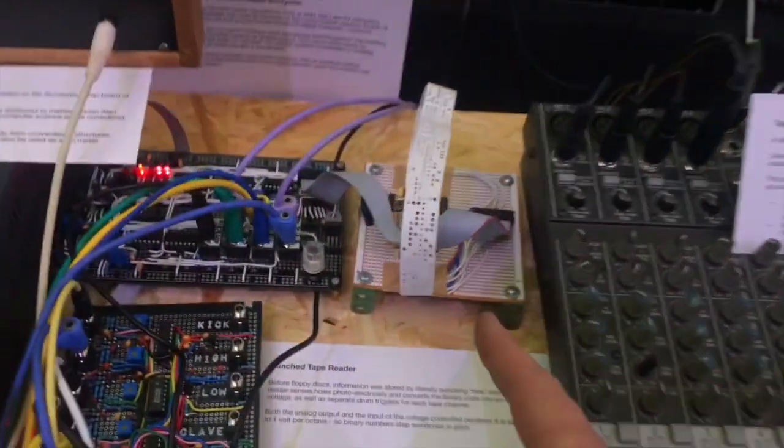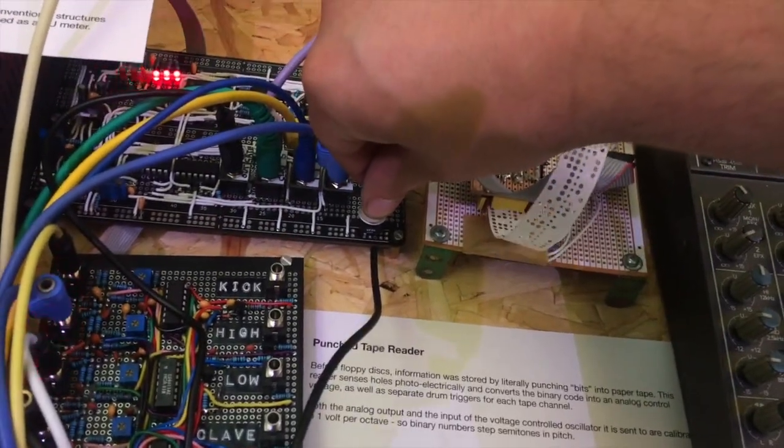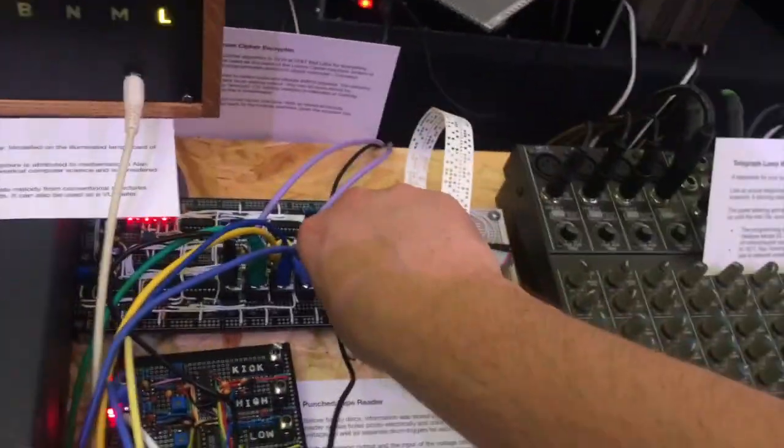Everything is being clocked off of the paper tape here. This is the master clock. If I turn up speed here and turn up the mixer,